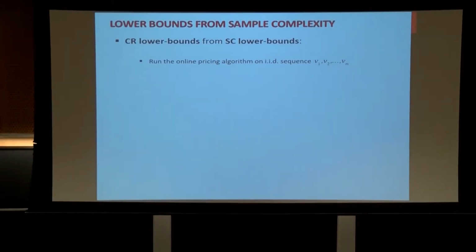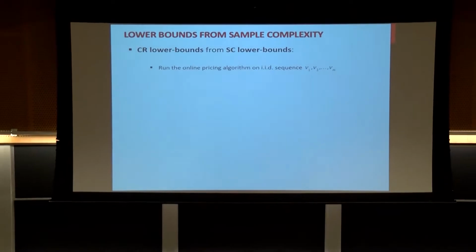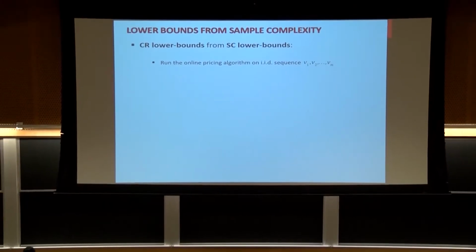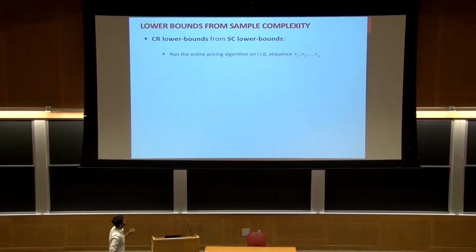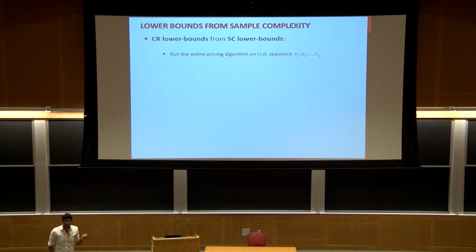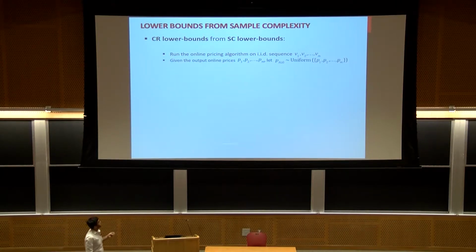So suppose you give me your samples. Now, I'm trying to use an online pricing algorithm to create a sample complexity algorithm, and this will imply the lower bound. Here's what I do. I run my pricing algorithm on these samples in any arbitrary order to come up with prices P1 through Pm. And then I pick one of them uniformly at random, denoted by P of alg in this slide, and then I post that price.